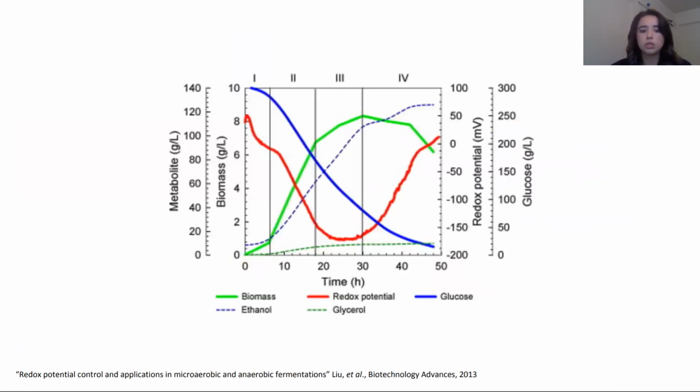So here's a graph that shows the general idea of the data that the probes give. This graph is from a study by Liu et al. And the curve is fairly typical. We see that redox starts positive, at this high with this red line, and drops to a low of about -150 millivolts when the biomass reaches its highest point, shown by this green line. And then as the fermentation finishes, we see this rise in redox again. So this is, again, very typical.